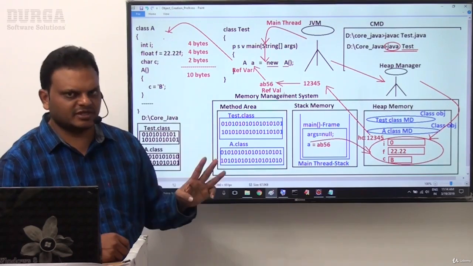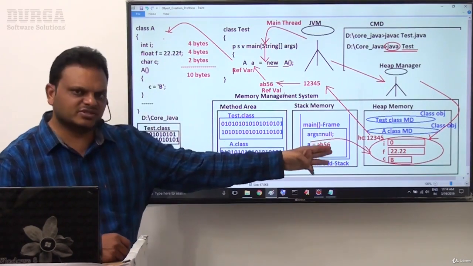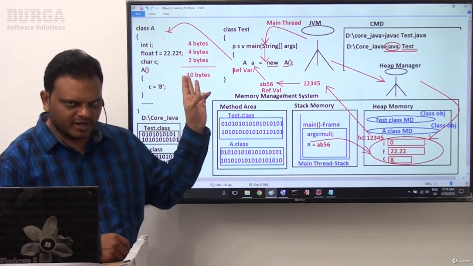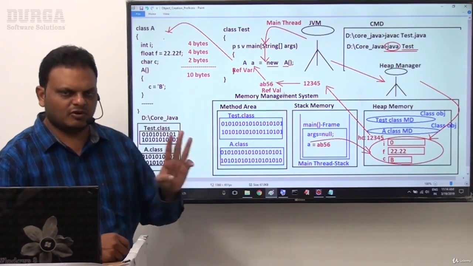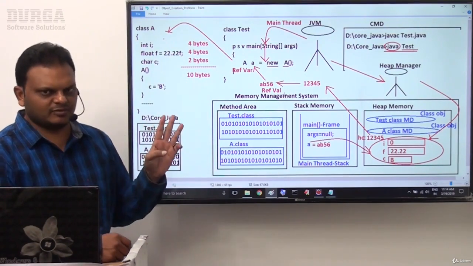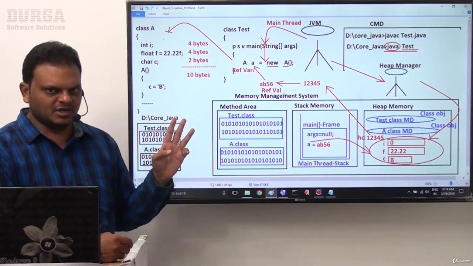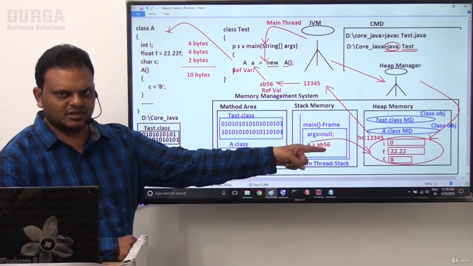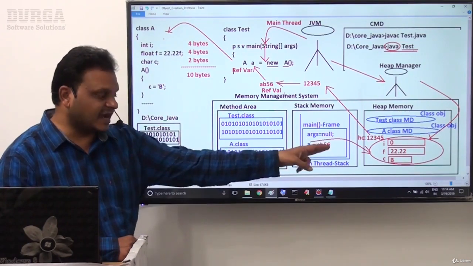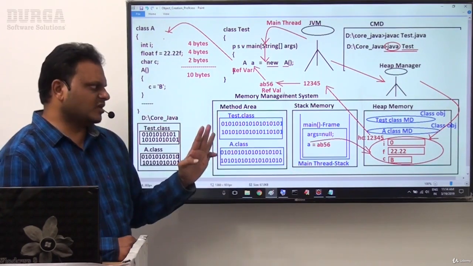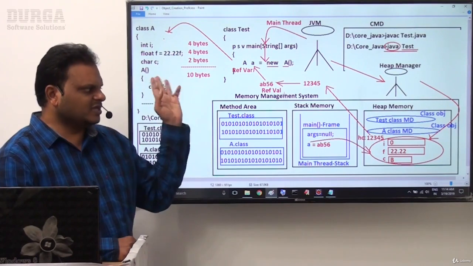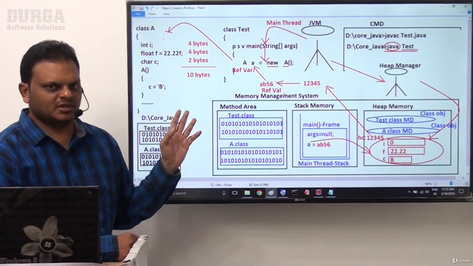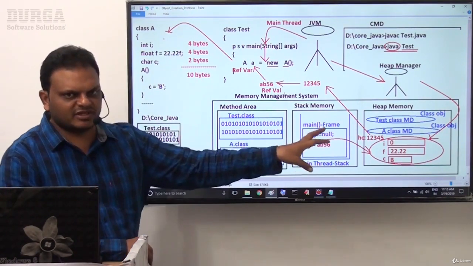And point number 3, providing initial values inside the object. Overall, these are the 3 points inside the object creation. First one is creating memory for the object, second is generating identities for the object, and the third is providing initial values inside the object.